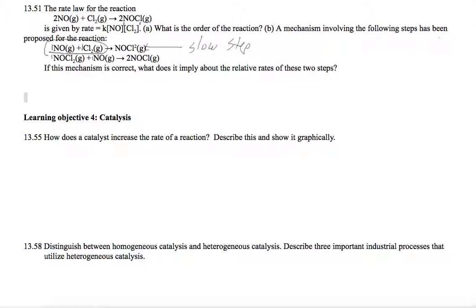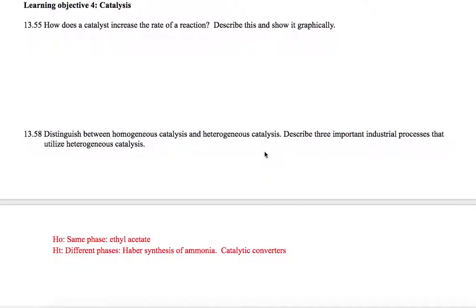All right. We're on objective 4. Catalysis. So a catalyst decreases the activation energy of a reaction, allowing it to proceed more quickly. So if we look at two different graphs, here is one reaction with the activation energy and products. So this is relative energy, and this is time. We have another one here, which looks like this,